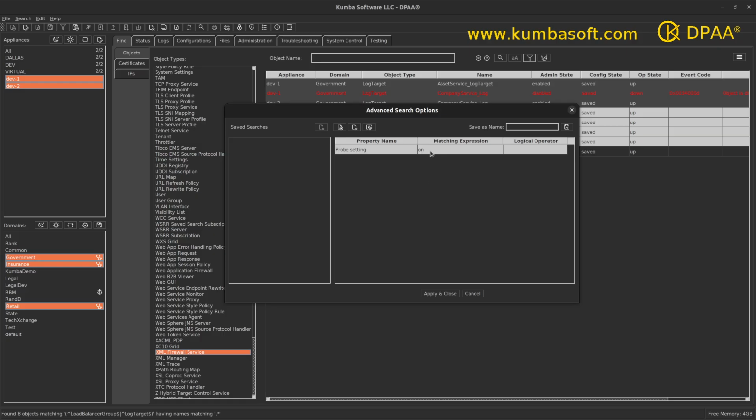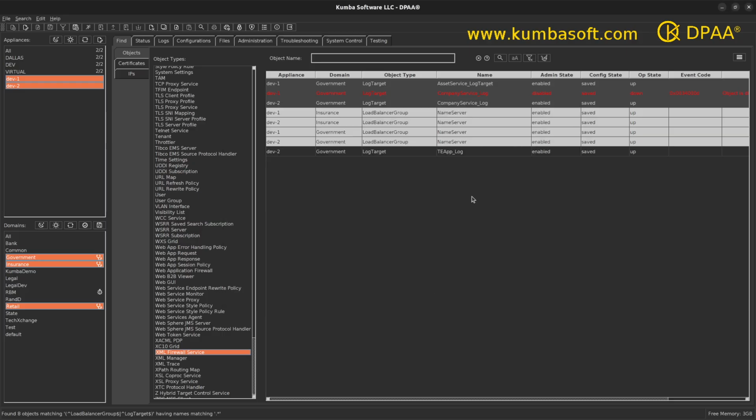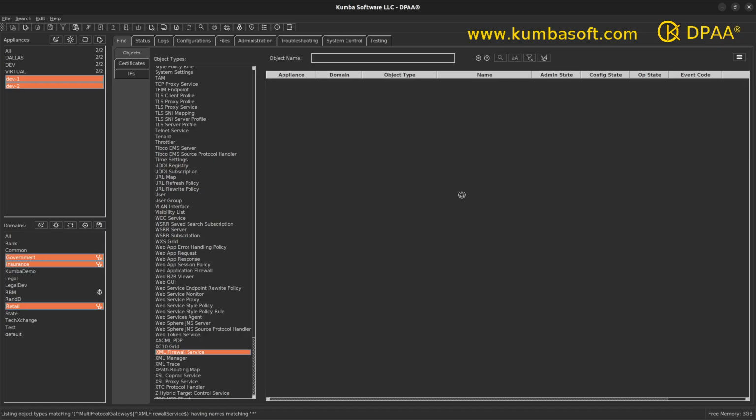But if you're sitting here wondering, is it on or enabled? I can't remember. You can type a regular expression and get either one, so even if you can't remember. So what I'm going to do now is search for that, and we're going to see that we have a